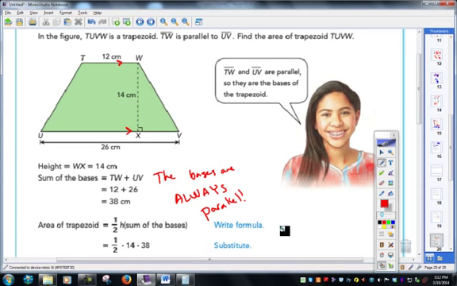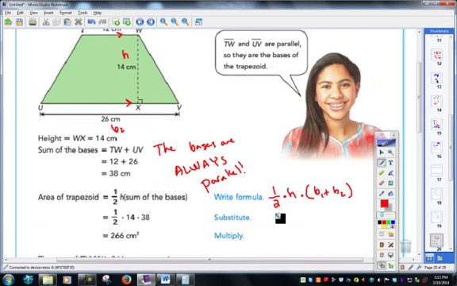I'm going to set the formula up here. 1/2 times the height times parenthesis base 1 plus base 2. Okay? Let's see what we know. I would call this base 1. I would call this base 2. And then obviously the distance between the two bases would be my height. Okay? I know that this is 1/2 times my height of 14 times the quantity, what is that, 12 plus